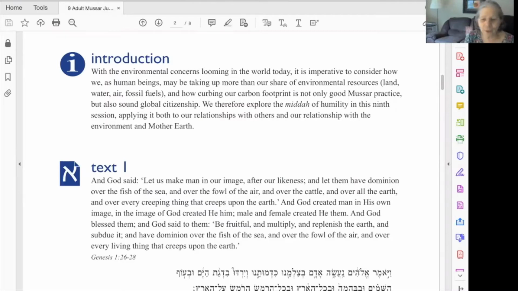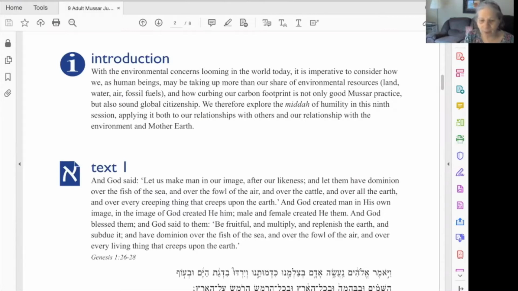Chai Mitzvah tutorial on humility, anava. Mussar, and the study of Mussar, is all about space and place. That's the overarching concept of studying Mussar. It's about knowing what our place is and not taking up too much space in the world, in conversation, in